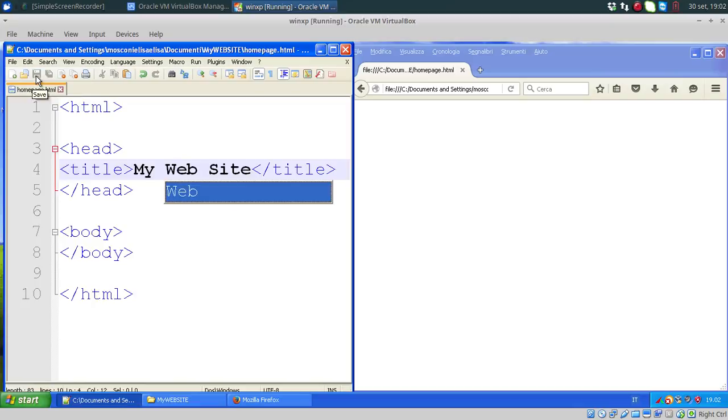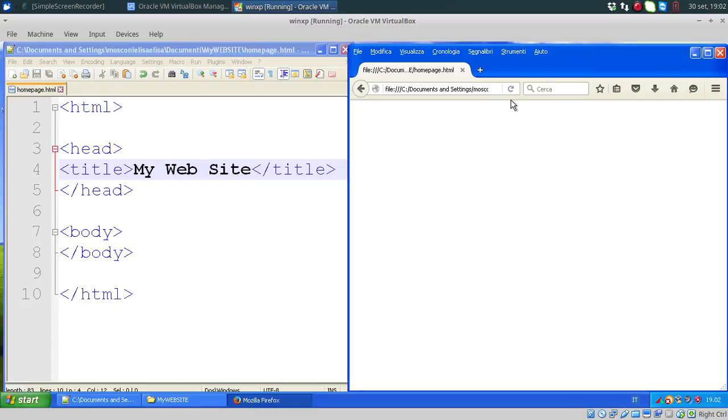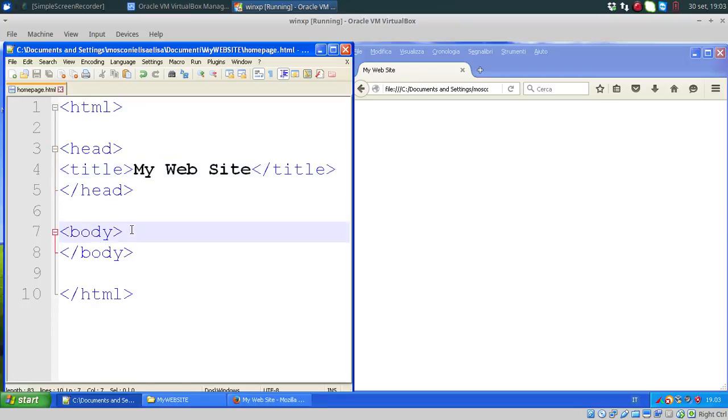I save it. Always remember to save. Either you click on it or you press Ctrl S. And here I can refresh the page in two ways. Either clicking on this, in fact you see, or pressing F5. Now you can see the change. In fact, I gave a name to the label above the web page, which is basically the head. The body,